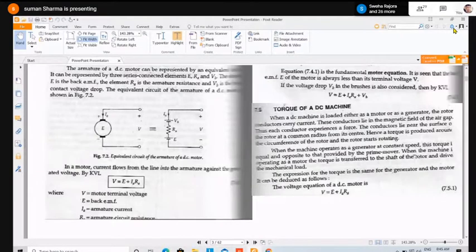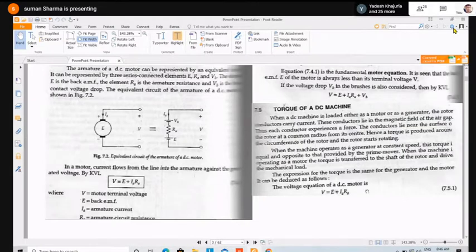When machine is operating as a motor, then you are connecting a mechanical load to the shaft of the motor. So your motor torque will be transferred to the shaft of the rotor and it will drive the mechanical load. For example, in lift, conveyors, in printing press, you are using DC machines. In electric vehicles, you are using DC machines. So there, the mechanical load is driven by the motor action. Torque is transferred to the shaft of the rotor. The expression for the torque is same as for the generator and the motor, and it is derived as follows.